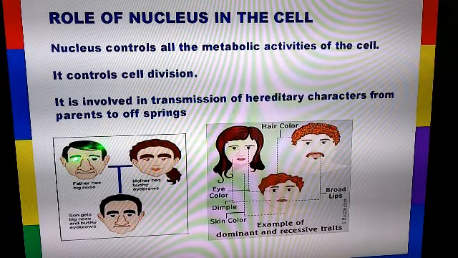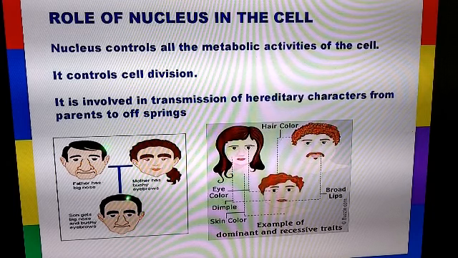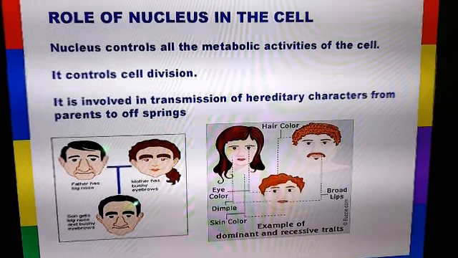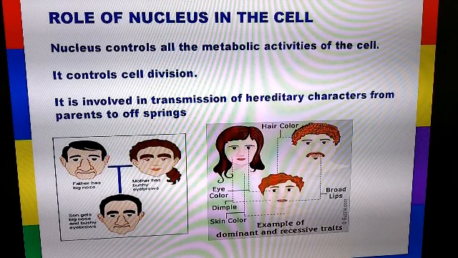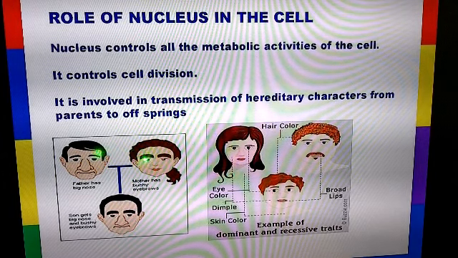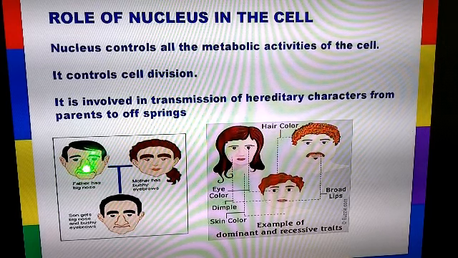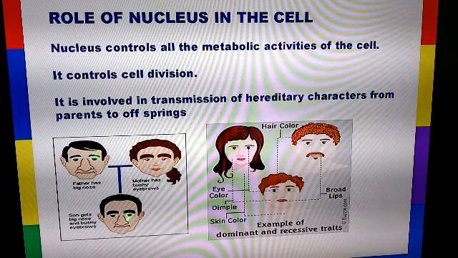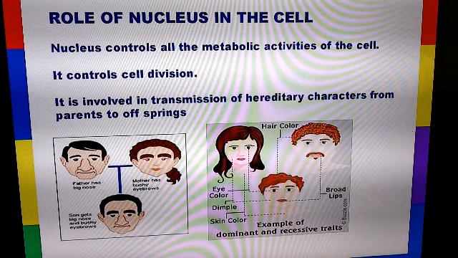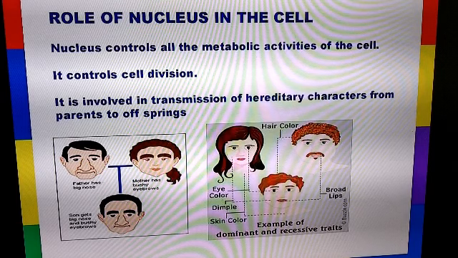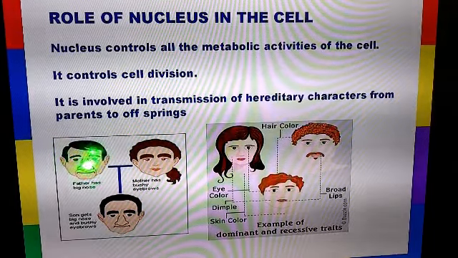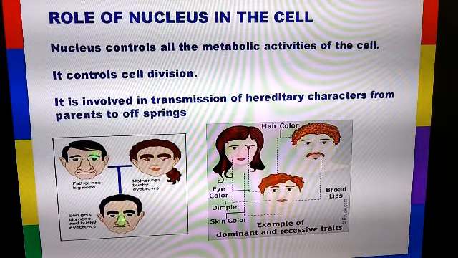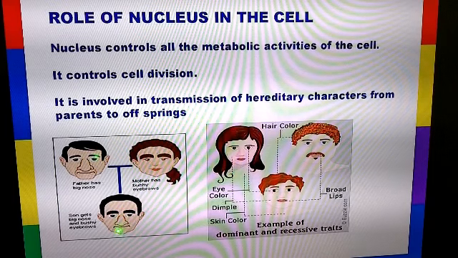Similarly, you can see that the father has got normal eyebrows, but the mother has got bushy eyebrows, isn't it? So the child has inherited bushy eyebrows from the mother. But you can see the color of the eyebrows also. That is also very important. The color of the eyebrows is black, which is inherited from the father. But the bushy nature of the eyebrows is inherited by the son from the mother. So each and every trait that a child acquires is from either of the parents.